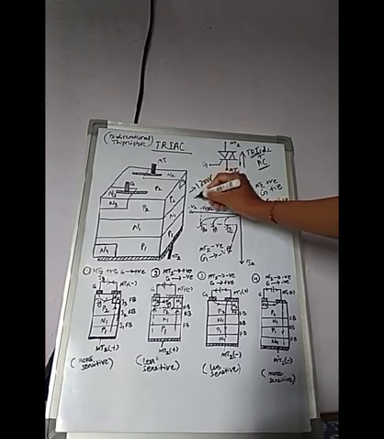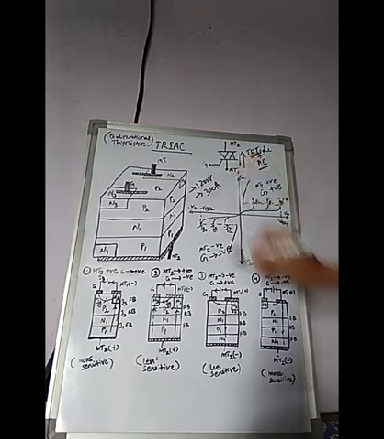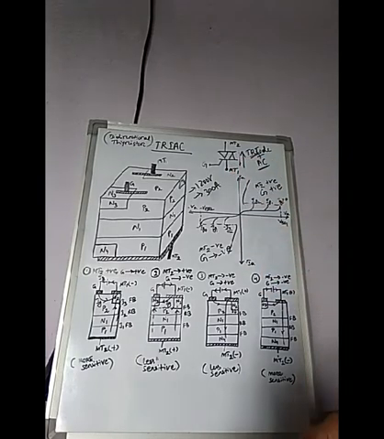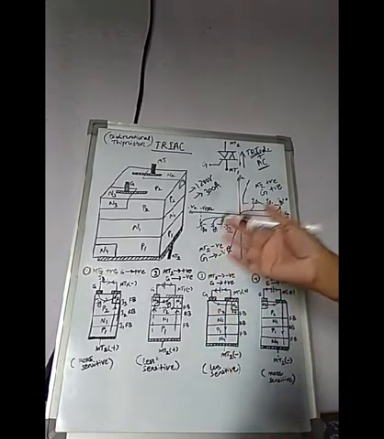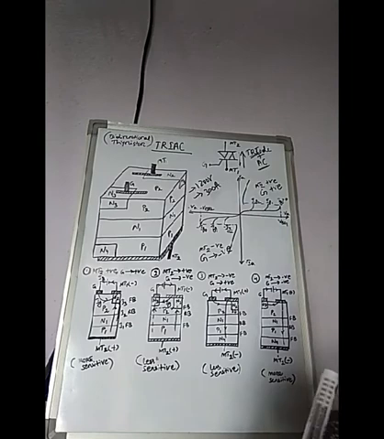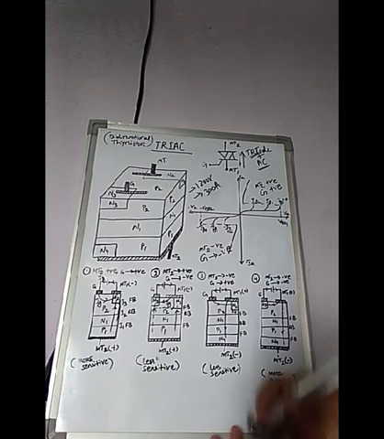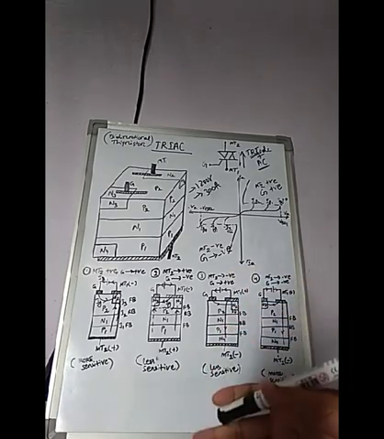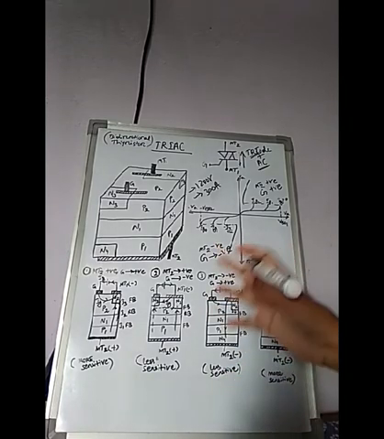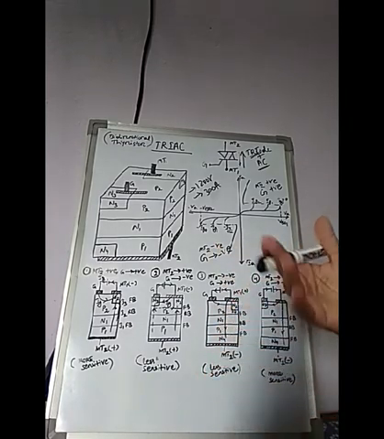and the current rating is 300 ampere. Okay, this is the voltage rating, this is the current rating available in case of triac. Okay, so what are the applications of this triac, where it is used? So mainly it is used in residential lamp dimmers, heat control, and speed control for small single phase series or single phase induction motors.